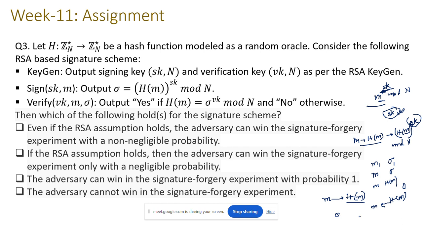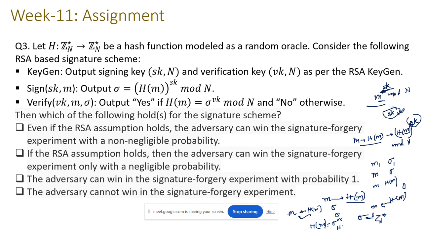So you take a random element as sigma from Zn star, and you raise sigma to the power vk such that you get some, let's say, h of m value. So what will be the case? It means that h of m to the power sk is actually sigma, right? So for h of m, sigma is a valid signature, but to get the corresponding m is difficult